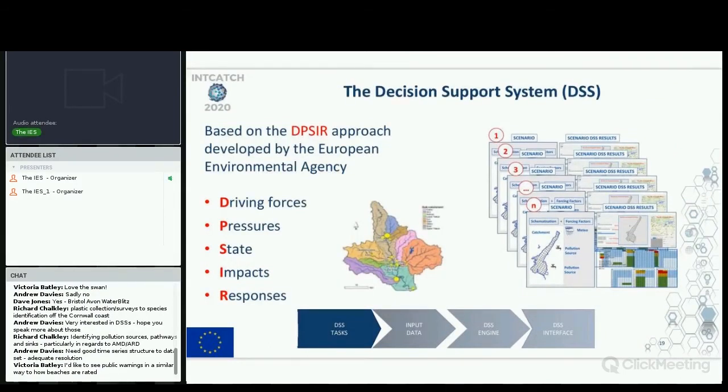So if you were to maybe get involved with INTCATCH, how would that work? What would probably happen first of all is we would deploy the decision support system, the DSS. And what this does is incorporate lots of information about the catchment of interest. So anything from gradient to land use to, I don't know, where the weirs are, that sort of thing, pollution pressures. The actual thinking behind the DSS is based on the DPSIR approach developed by the European Environment